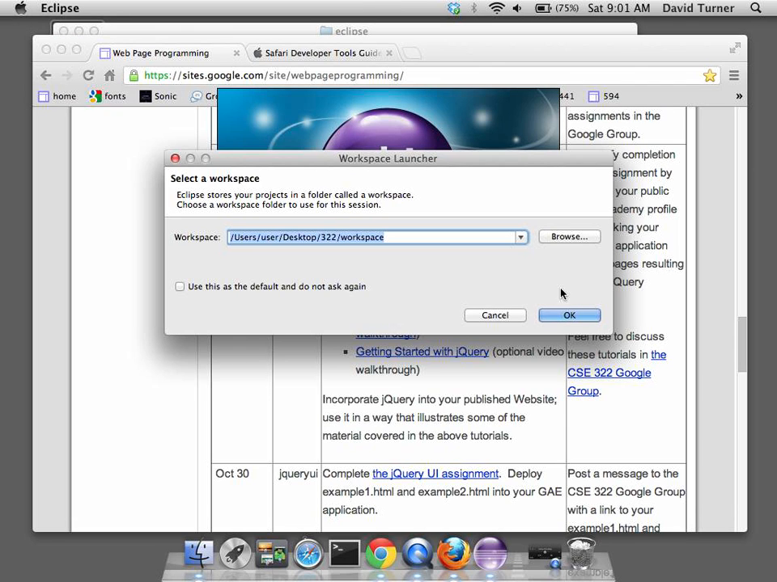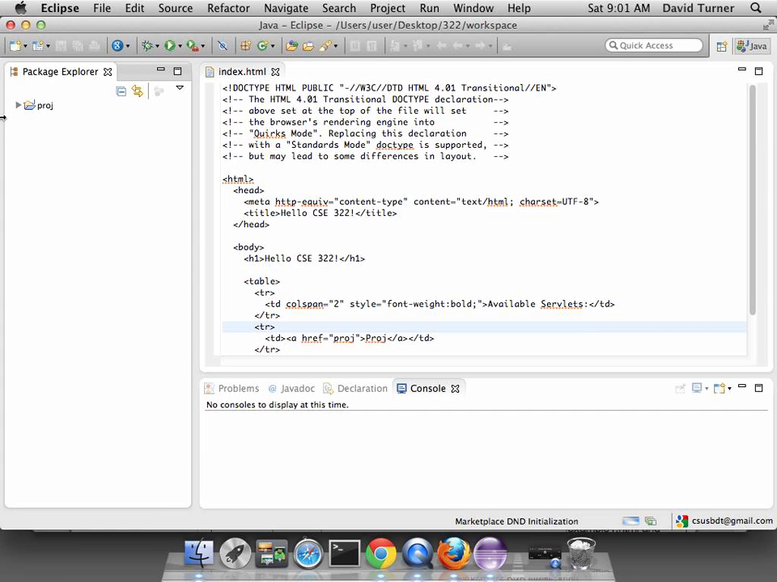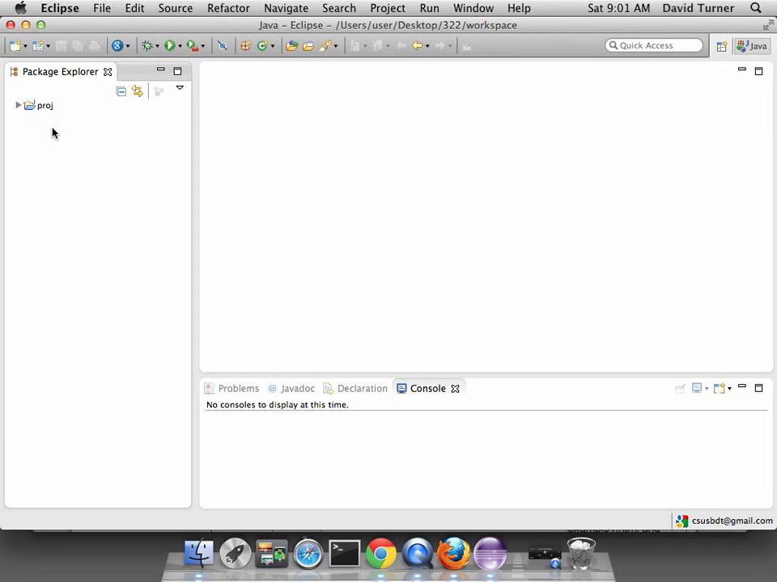Let's see. I'm going to check this. That's the workspace I want to use. So I just started up Eclipse, and actually this page is open. That's the page I want. I'll show it to you. Here's a project. It's called Proj, and